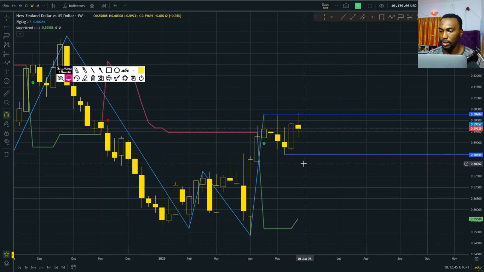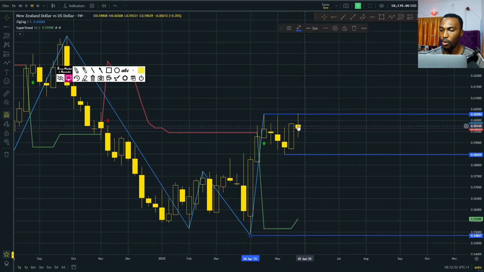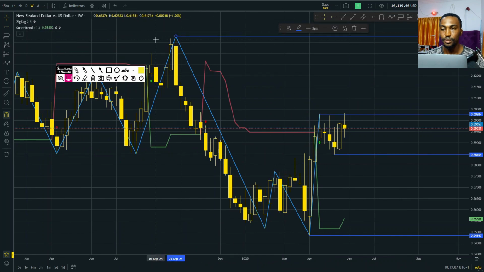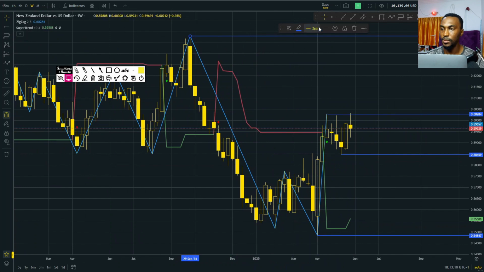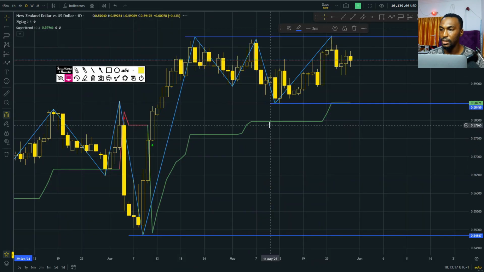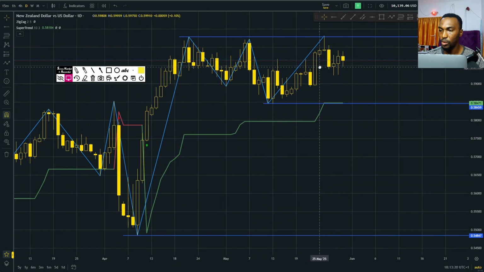Seeing price coming below here is price telling us, okay, I want to come down for something first, possibly aiming for this, or I want to push up more, and this is actually higher than this. So I want to push up more and start aiming for other things above this direction, which is here. And all of this simply says this market is shabby and confused. You can see the monthly confused, the weekly confused, the daily seems like it's even worse.